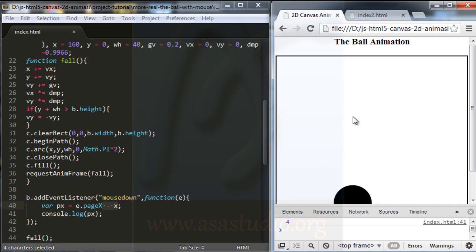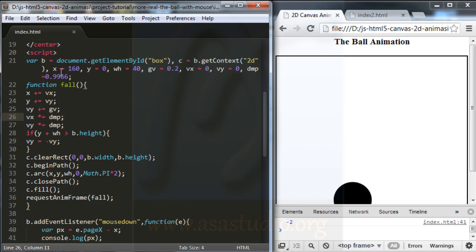Okay, now I have a position, and now I change variable x to 0.